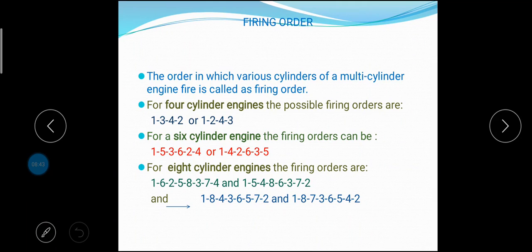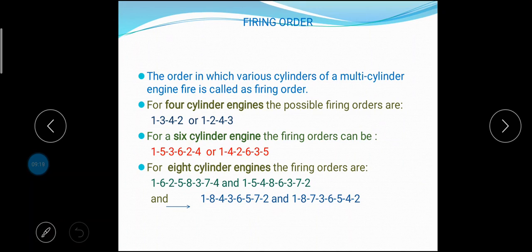In case of inline 6-cylinder engine, the cranks are set at 120 degrees and the cylinders 1 and 6, 2 and 5, and 3 and 4 will be at top dead center simultaneously. Therefore, the firing order should be arranged to take place in front and rear halves of the engine cylinders. The possible sequence of 6-cylinder engine is 1 to 5 to 3 to 6 to 2 and to 4, or 1 to 4 to 2 to 6 to 3 and to 5.